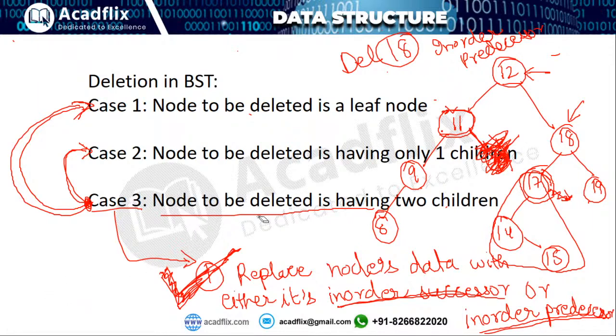So I'll just replace the data of 18 with its in order predecessor. So here comes 18 and here I am having 17. So now as you